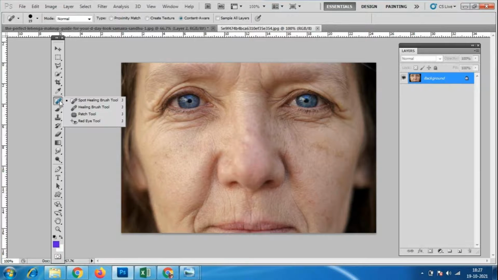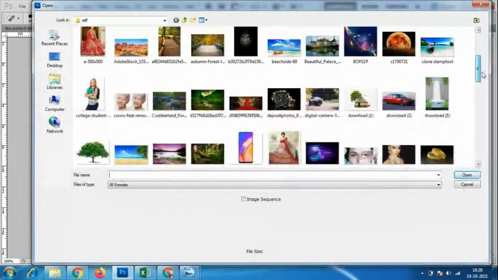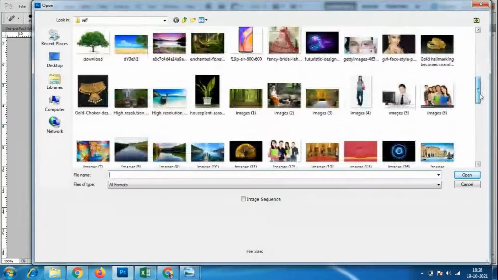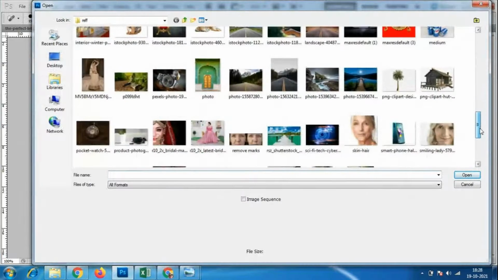All these things we have to do. For that reason, I have taken this kind of image. I'll take images which already have marks, then only it is possible. If there are no marks, we cannot remove anything like that.